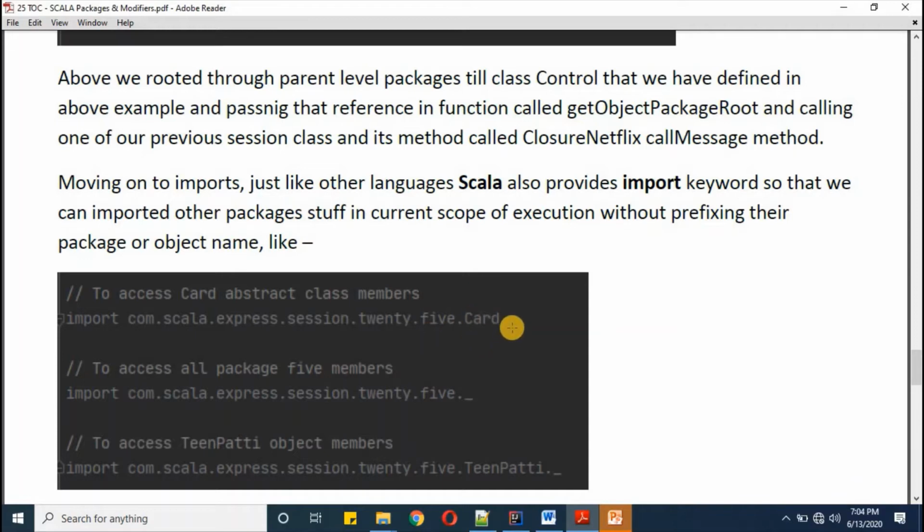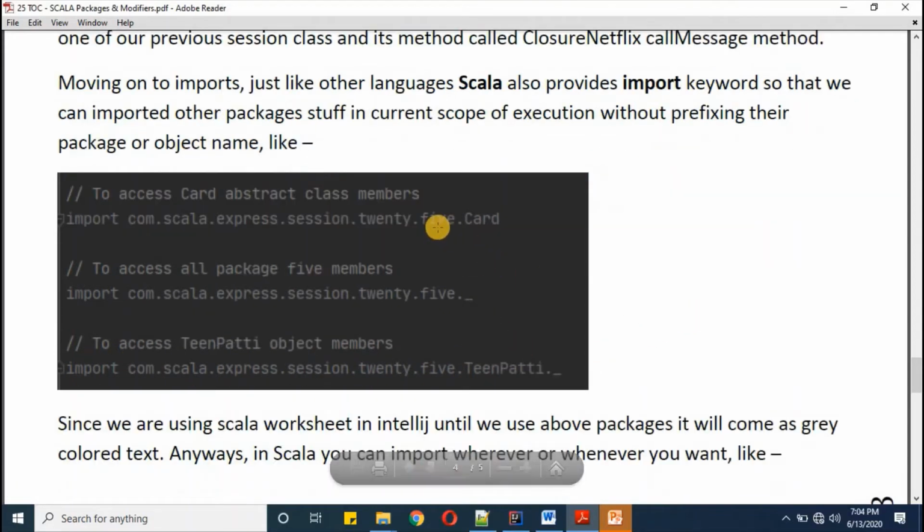So first I'm defining the exact class which I'm supposed to get. So I'm defining the full package name and the class name. Let's say inside this class, if you wanted to import all the functions, you can access them through underscore. And inside this class, if you have some object or some subclasses, then you can define those subclasses